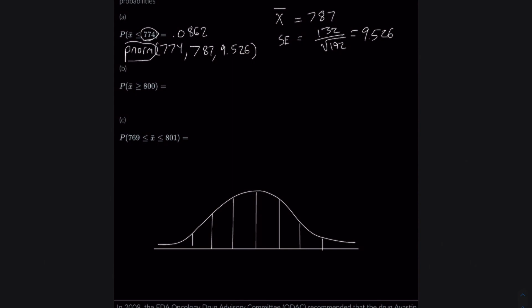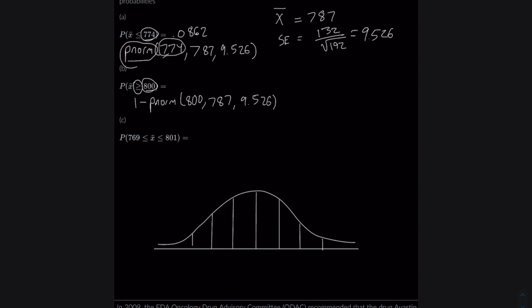Okay, and so remember on RStudio, the way it gives it to you when you use pnorm: this command pnorm right here will give you all the proportion to the left of the value that you enter in the first spot. So for the next problem, when it gives me x is greater than or equal to 800, we're going to have to do something else, because if I just put 800 in there, then it's going to give me all the values to the left of 800. Well, we want the values to the right of it for a greater than or equal to. So we would have to do 1 minus pnorm of 800, 787,